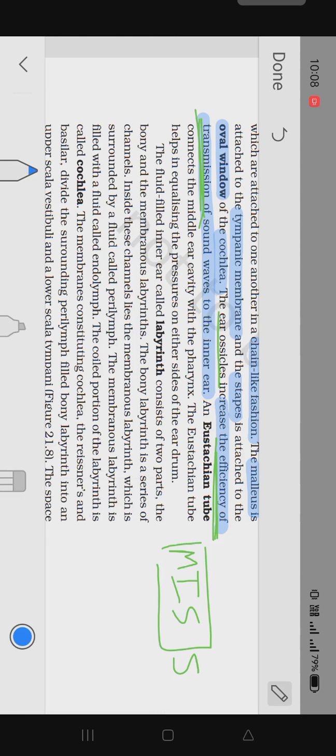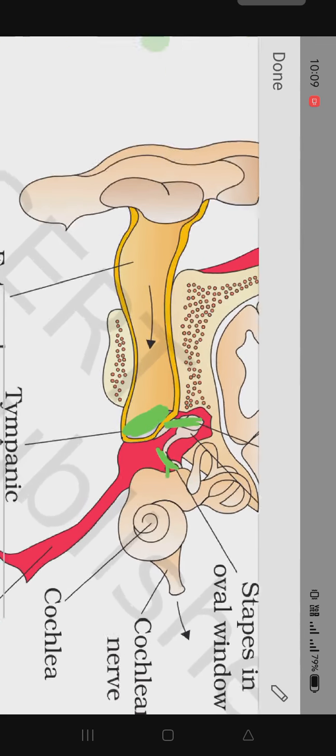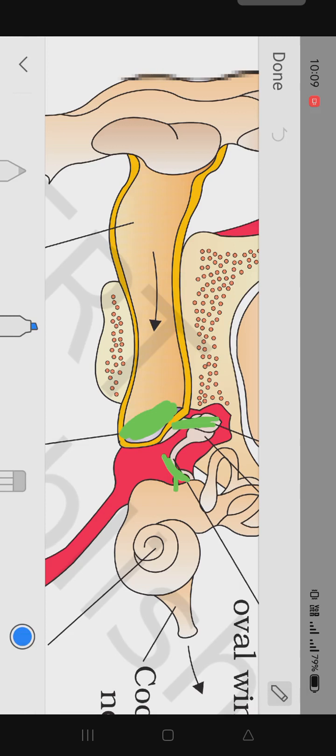The other thing is the eustachian tube. We have just seen the structure. The eustachian tube connects the middle ear cavity with the pharynx, more precisely the oropharynx or maybe the nasopharynx, right? The eustachian tube is there to maintain or equalize the pressure on either side of the eardrum. That is because we need an air medium in this tympanic cavity. To maintain that air medium, the eustachian tube provides air regularly from